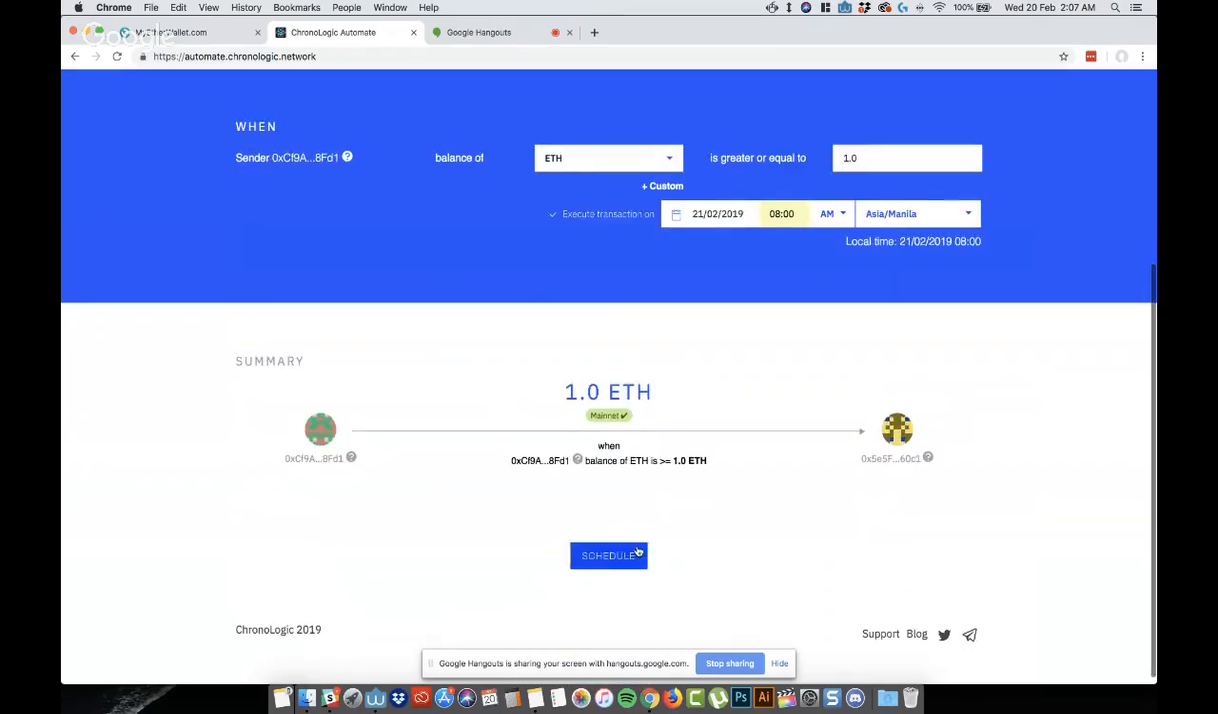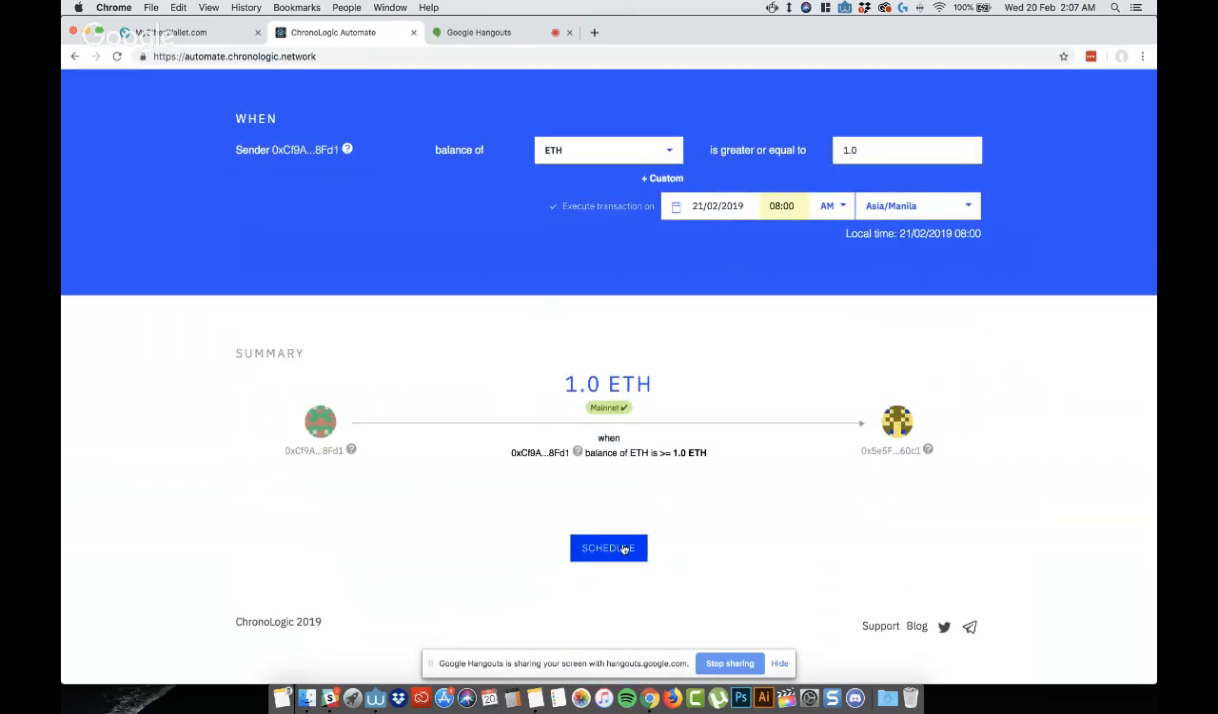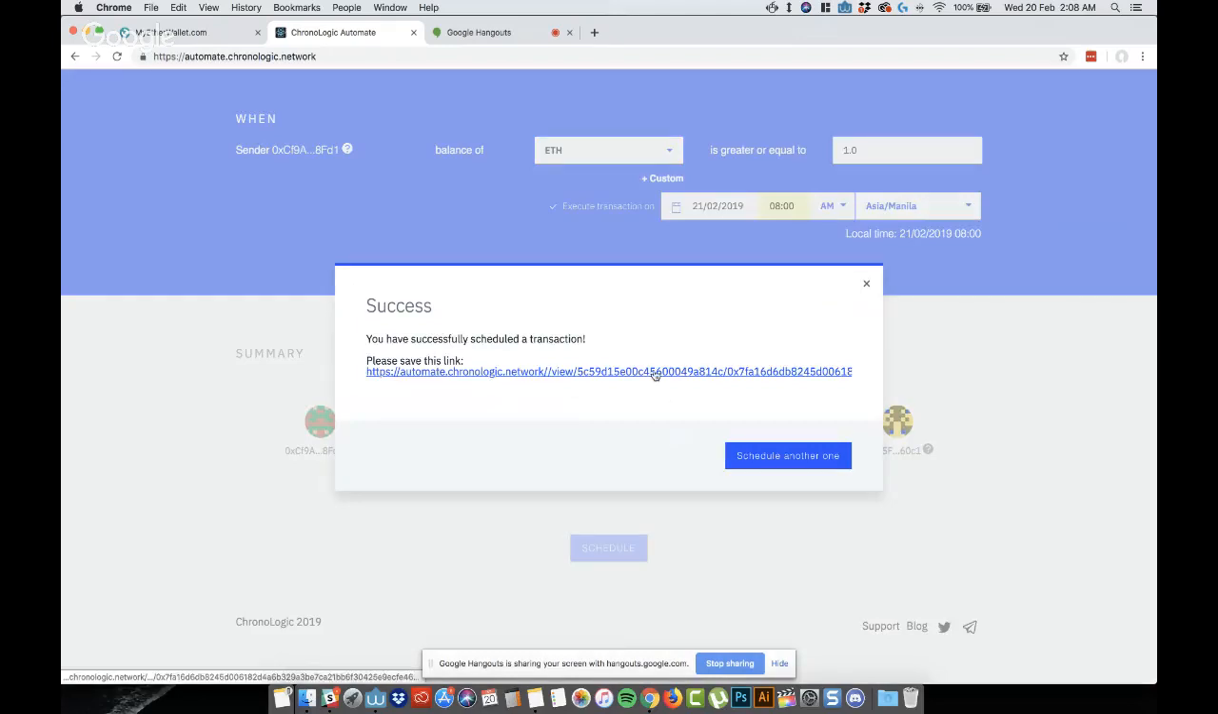And at the end of this page, we have the summary section displaying the addresses of the sender and the receiver, the amount you're going to send, and the network that you're on. So if you click on schedule here, you get the link